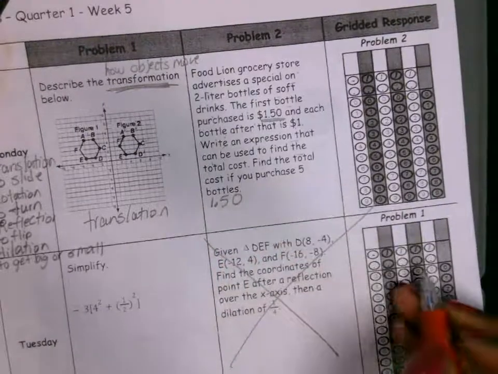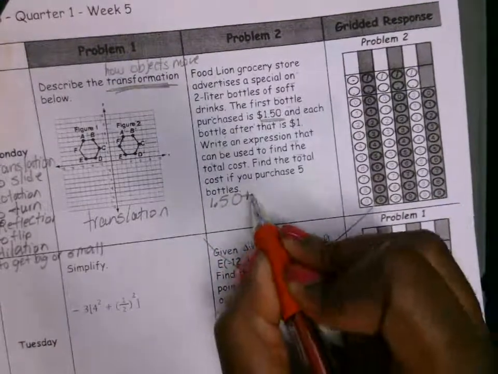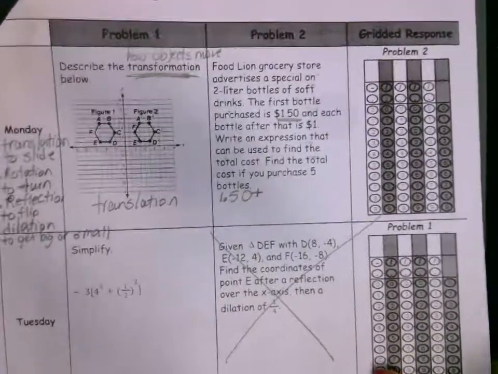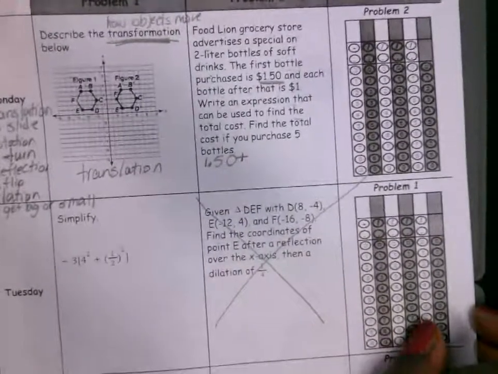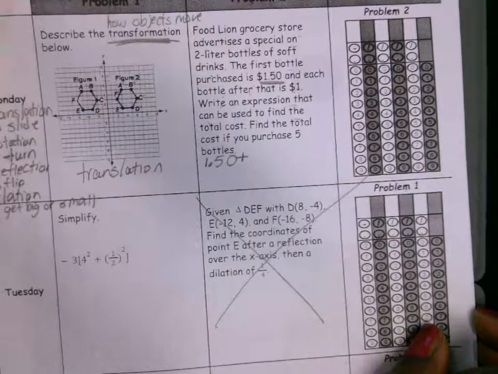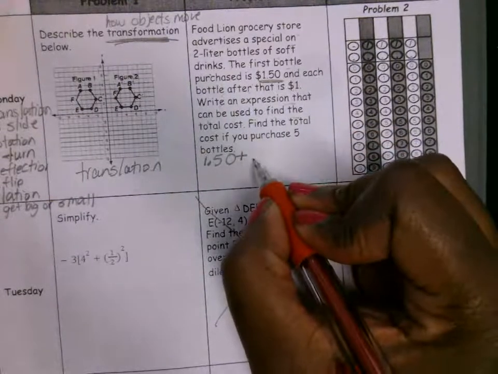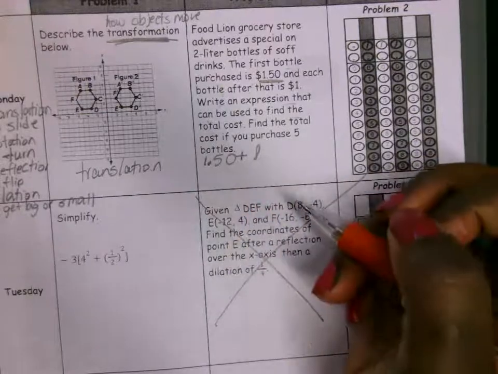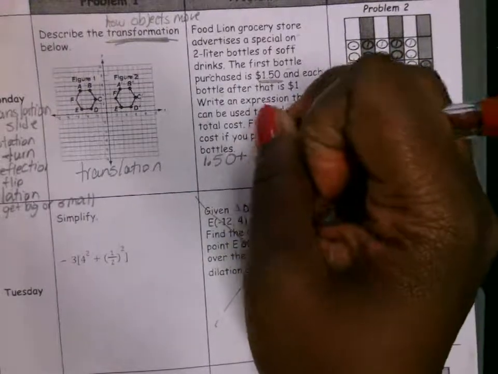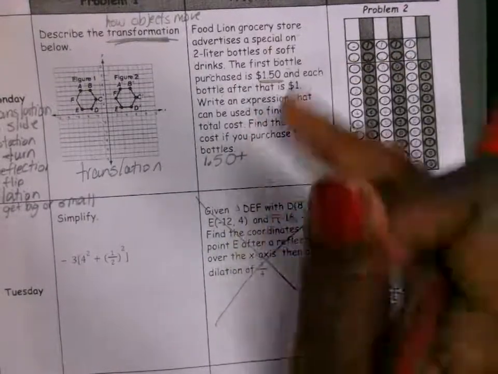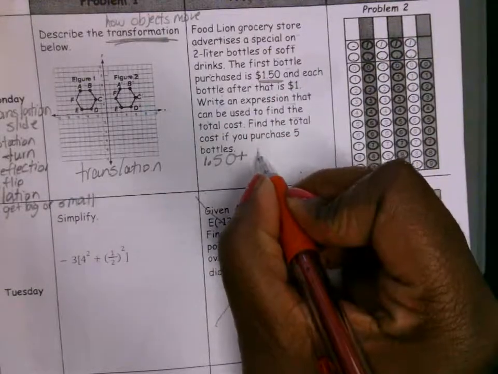$1.50 for the first bottle. Plus, how much do you pay for each additional bottle? How much are you going to pay for the bottles after you pay the first one for $1 for each one? So it's going to be $1. I'm going to use a different letter. It's going to be $1